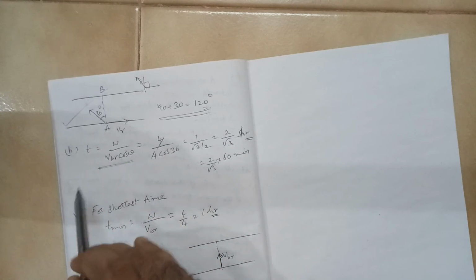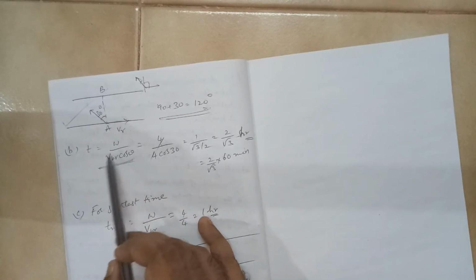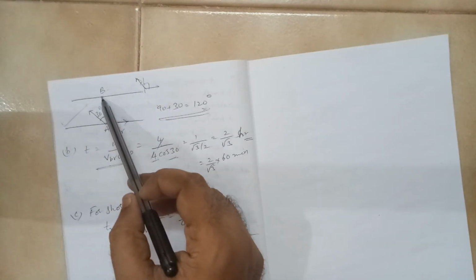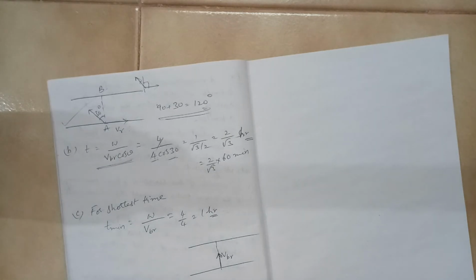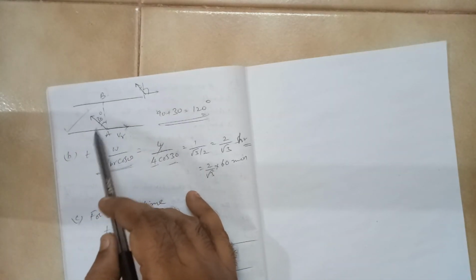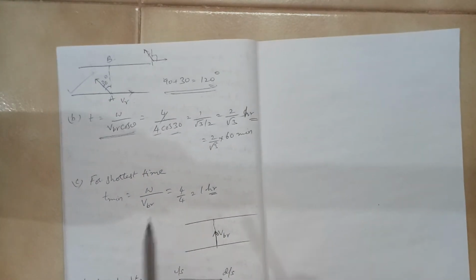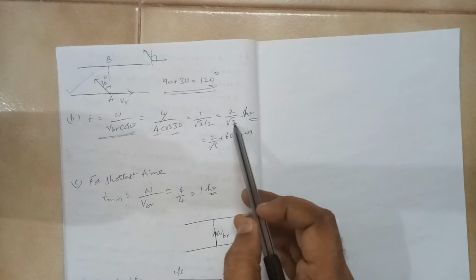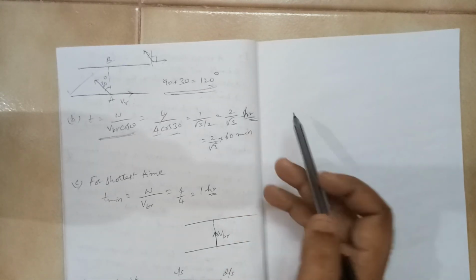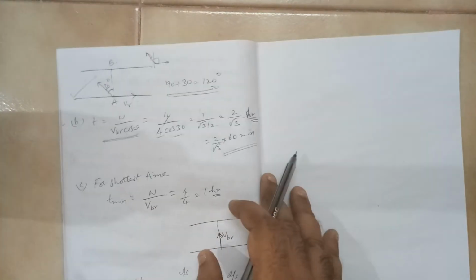So what is the expression? T is equal to W by VBR cos theta. W is 4, VBR is 4, theta is 30 degrees. So theta has to be taken with respect to AB, not with respect to the river. Okay? And this angle has to be put, not this angle. Often I have seen the students make a mistake in that also. So you simplify that, you get 2 by 3 root 3 hours. If in minutes it has been asked, you need to multiply that with 60. So this is the answer in minutes.